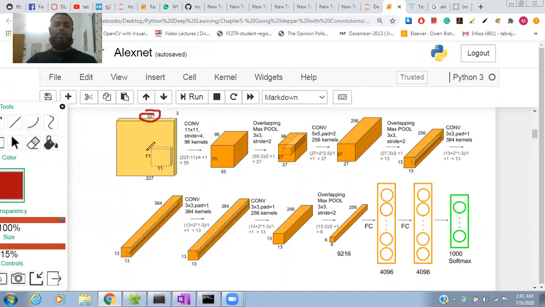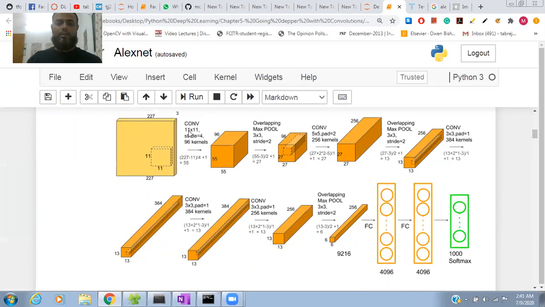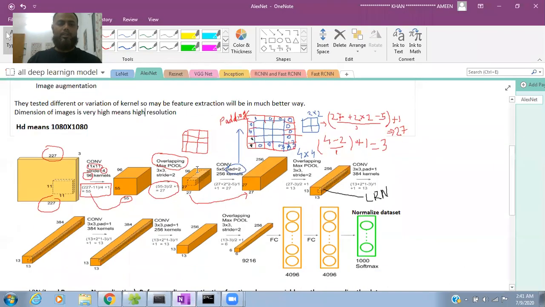They pass it to the convolutional layer, and they are using an 11 by 11 kernel, and the stride is 4. So they are using a high dimensional, high resolution image.